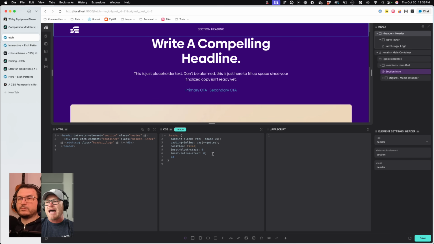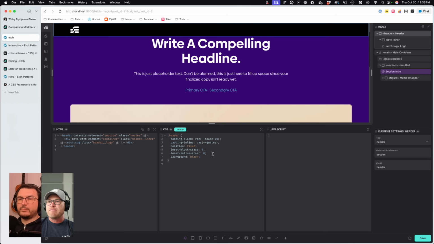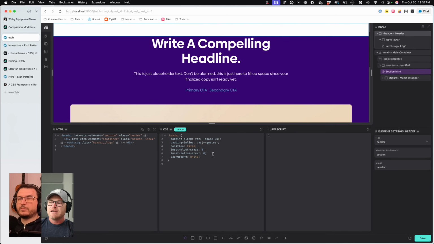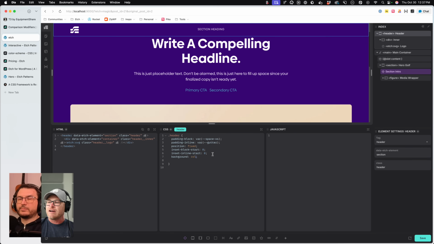Okay, I'm gonna put a background on here. If you put a background of black or whatever color, let's do white, actually. Let's do white. We're gonna make it a transparency in a minute. Well, why don't we just do that right now? We'll just do background color mix, and we'll say in sRGB. There's a lot of ways to do transparencies, by the way. So if you watch me do a transparency like this, and you don't like to do this route of a transparency, that's totally fine. This is just how I often do transparencies.